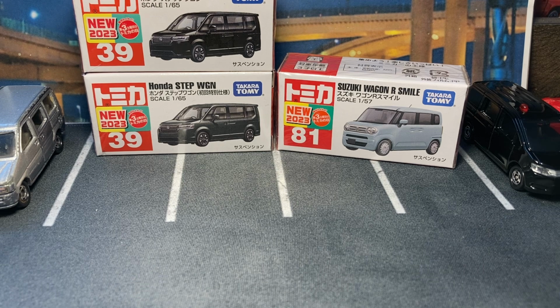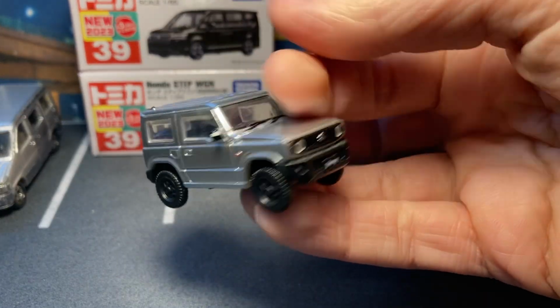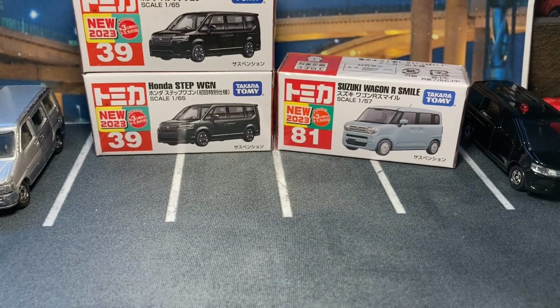But I still wish, you know, I think Tomica has done every generation of the Stepwgn except for the second generation for some reason. Don't know why they left that one out, but there is a brand that did it, but I have no idea what brand it is. It was like plastic, like these Ashoma chimneys. I definitely don't think it was Ashoma. So I don't know where it came from. I saw it in an Instagram post, but it wasn't